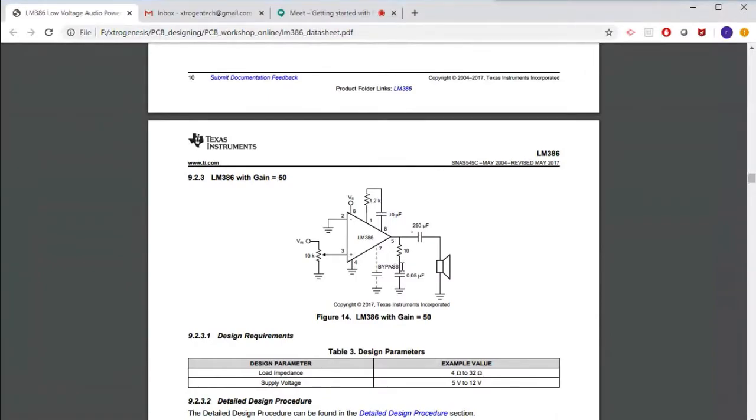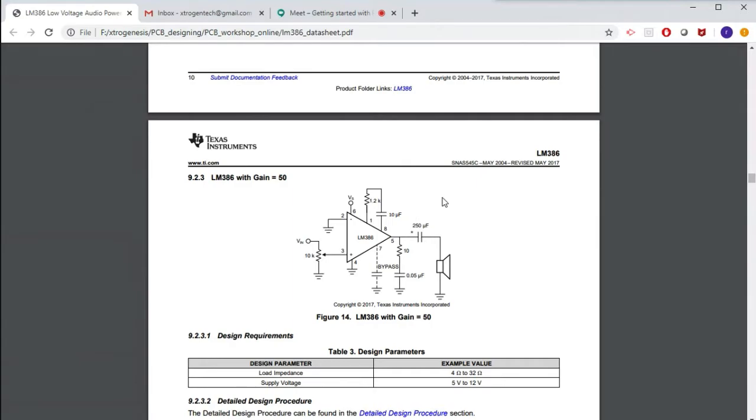The output signal has both AC and DC components, and the DC component is undesirable and it cannot be fed to the speakers. So you should remove those DC components. To remove such unwanted DC component, we use a capacitor of 250 microfarad here at the output side.